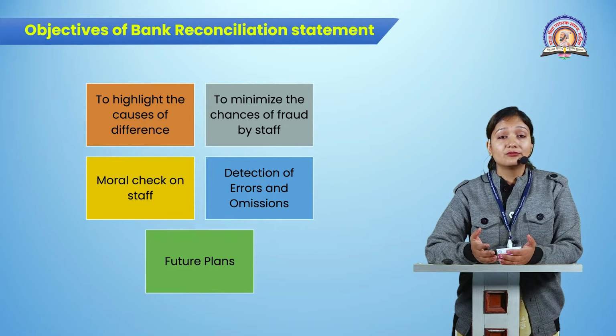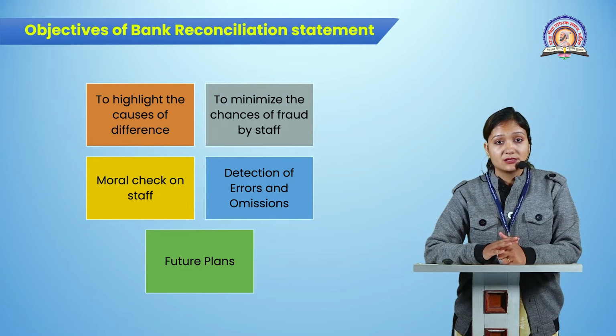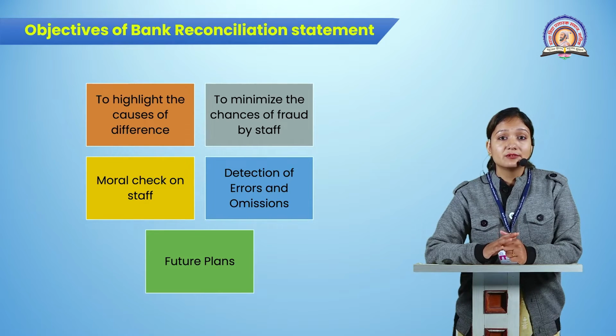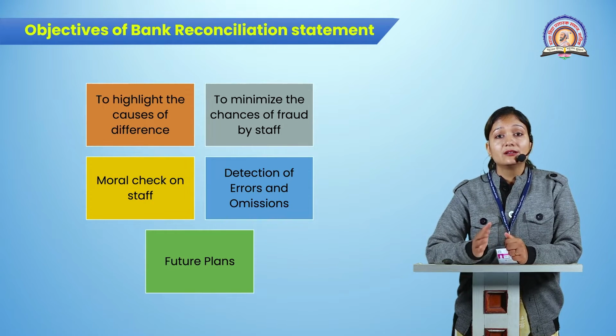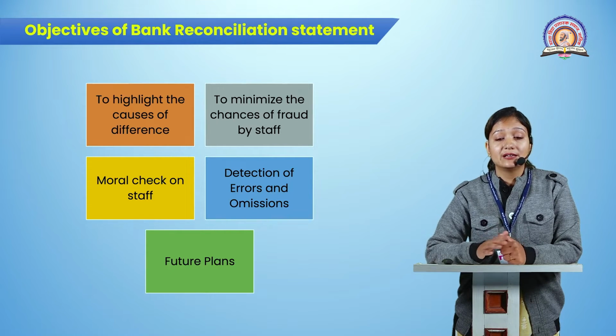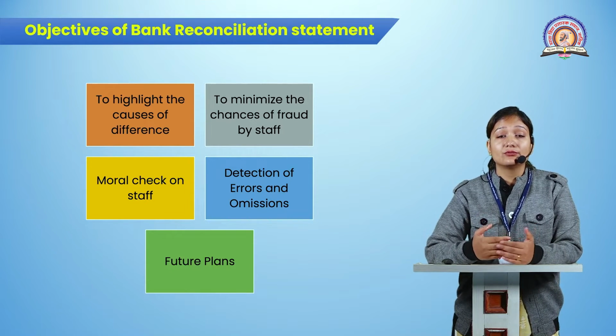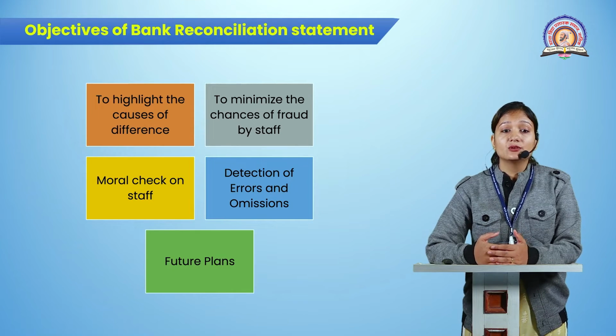No staff will do the fraud because staff also knows that okay, passbook and cash book are going to be matched. So obviously the entries will be there. Obviously we will find a certain transaction, where it has happened, on which date it has happened, and for which amount it has happened. So that is the reason it is minimizing the chances of fraud by the staff. Now the next is